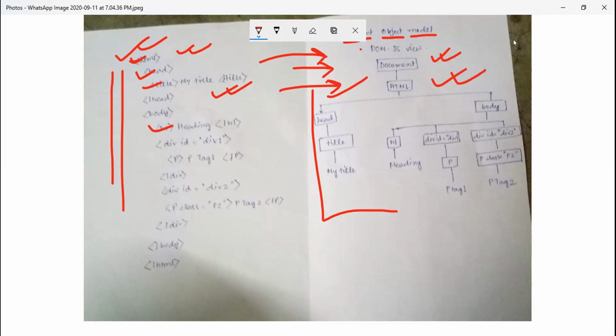So this hierarchy is the first thing to understand: it is a document hierarchy. In the document hierarchy, it will understand that this document belongs to an HTML type. Like when we write HTML code, we initialize it with doctype HTML. When we initialize it with doctype HTML, we are stating that this document belongs to a type which is HTML. Same goes here: this document belongs to an HTML object, and this HTML object has some hierarchy.